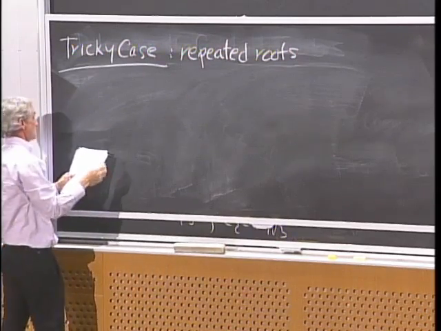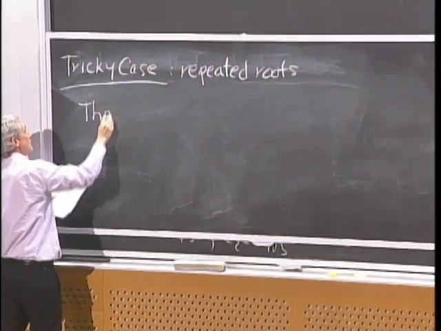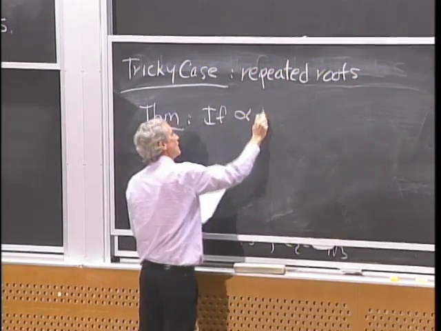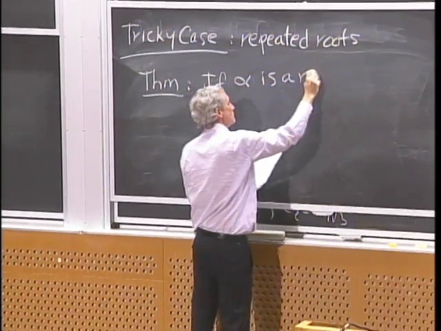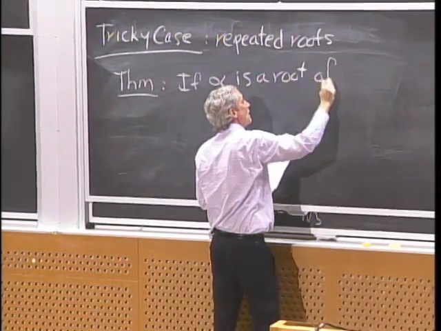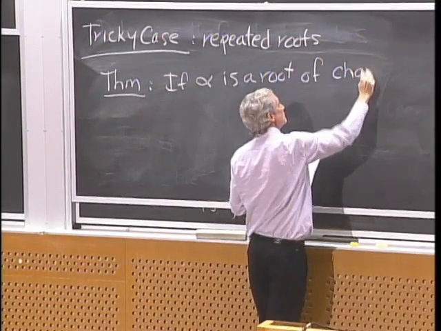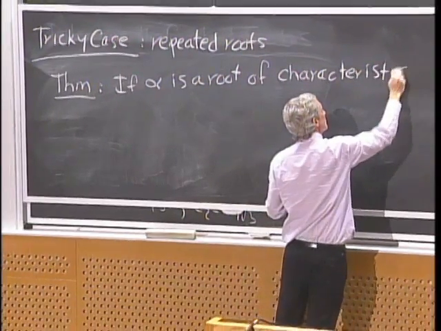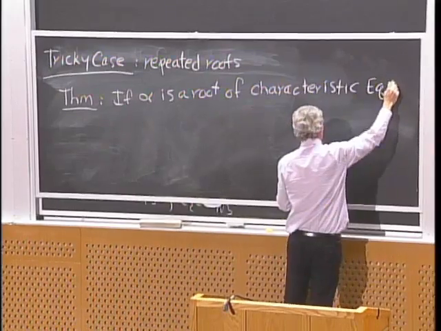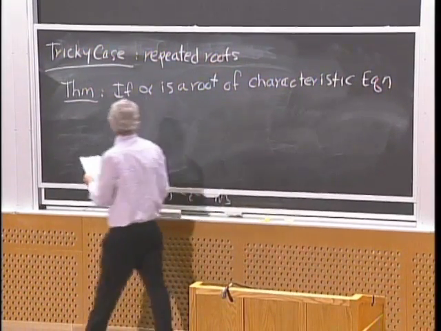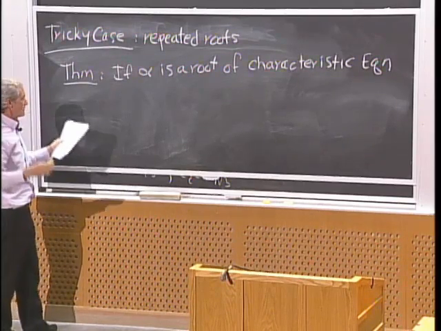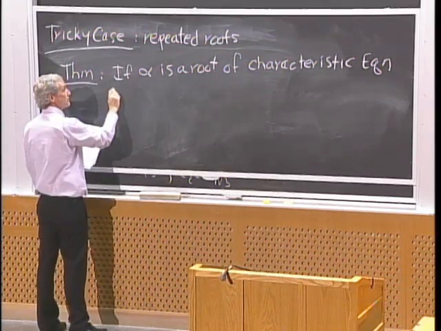Now, the theorem, which we won't prove but tells you what to do, is that if alpha is a root of the characteristic equation, and it is repeated r times, so x minus alpha to the rth power is a factor,